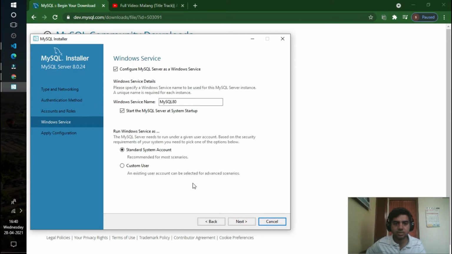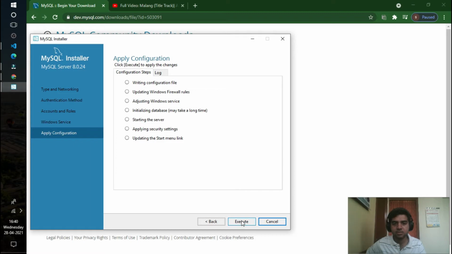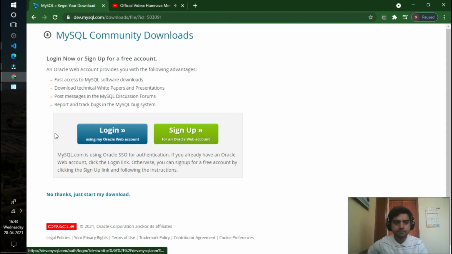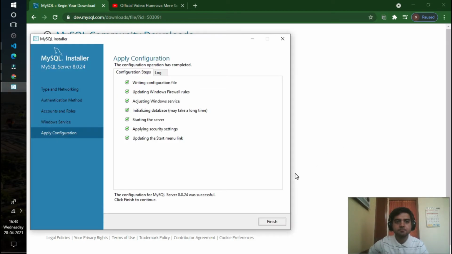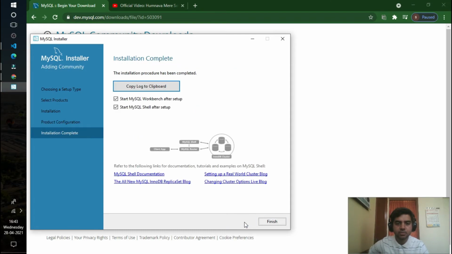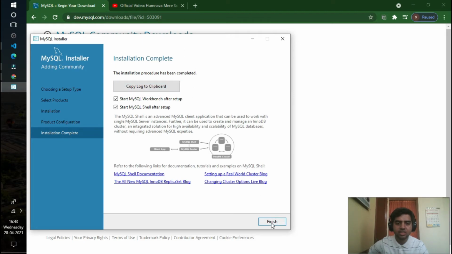It's a standard system account. Just click on next, just click on execute. Initialization of the database will take a little time. Okay, everything is configured. Just click on finish. Click on next. Okay, so installation of MySQL is complete. Just click on finish.